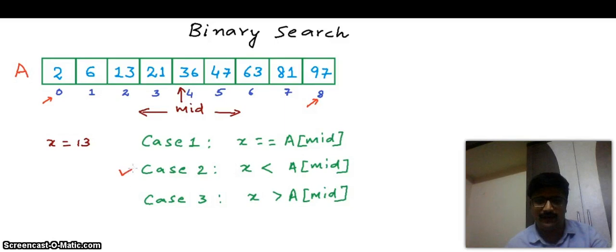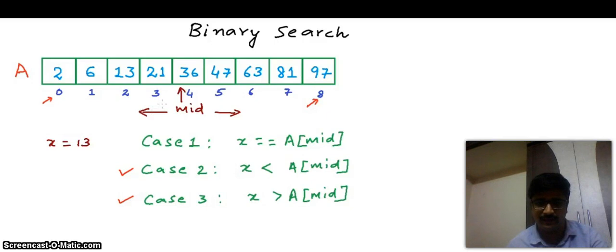So in cases 2 and 3, we discard half the elements from our search space and reduce our search space. In this example, when x is 13, initially our search space is the whole array. x can exist anywhere in the array. Now we compare it with the middle element, which is 36.